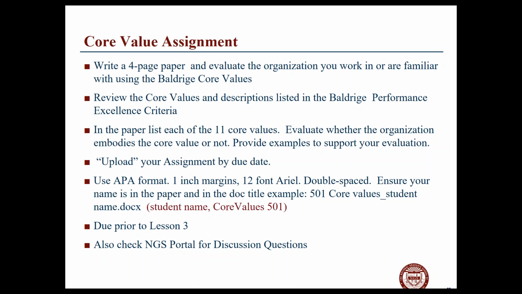And be sure to check, there's a template in the portal for you to use to write the paper. An abstract is not necessary for this paper, but double space and be sure you're compliant with all the other requirements, and we'll upload that into the portal by next week.